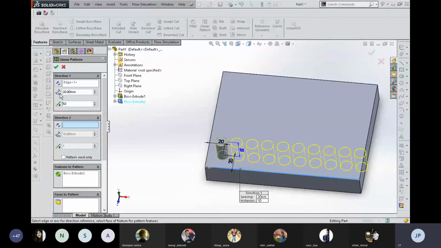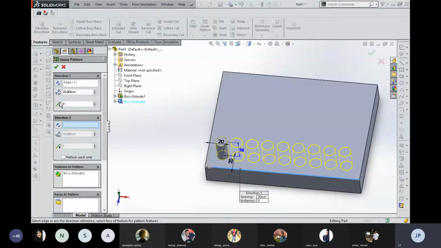Also, these previews are helpful whenever you are changing the distance between two components. You can see that when I am filling in the value of 20, the last component is getting outside of the geometry. So what I can do is decrease the number of copies that is going to be created, so that they can be populated within the workspace as I require.